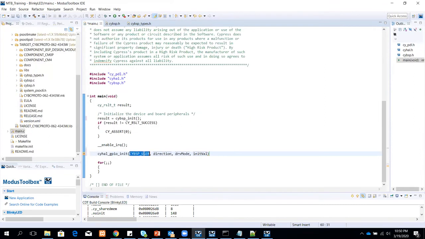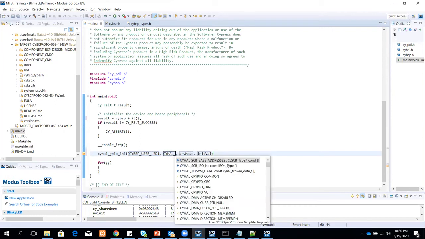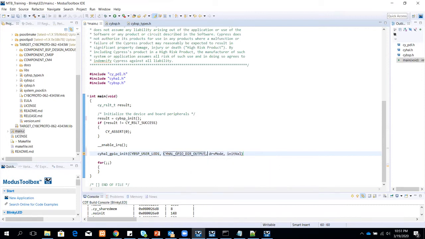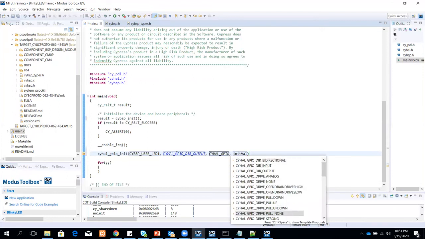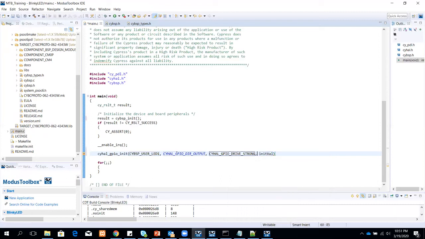So here I'll just type in user LED one, and for the direction, we just use the HAL and give the direction as output. If you want strong drive, then in this case we need strong drive for driving the LED, and then the initial value we'll set it to off.